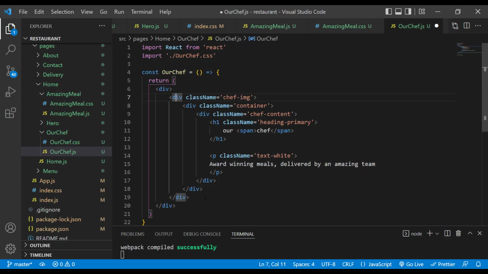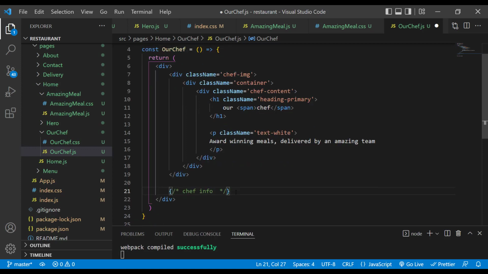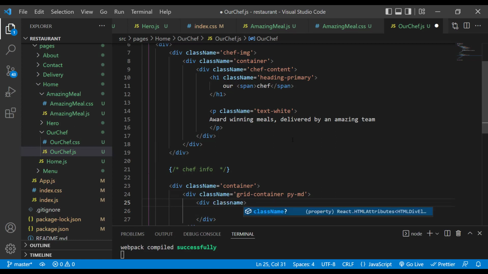Now below this save image div, I am going to add save info. So below that, let's say div, and that div is going to have a class name equal to container. Inside it, let's create a new div, and that div is going to have a class name equal to grid-container py-md. Inside it, I will add one more div, and that div is going to have a class name equal to grid-item